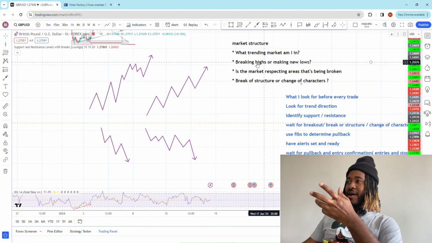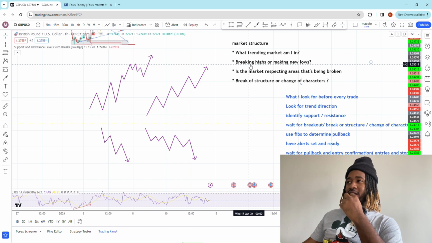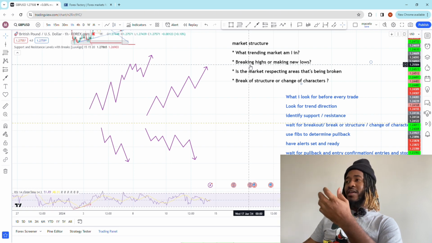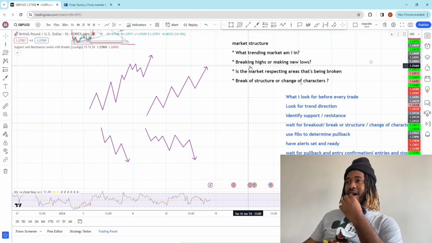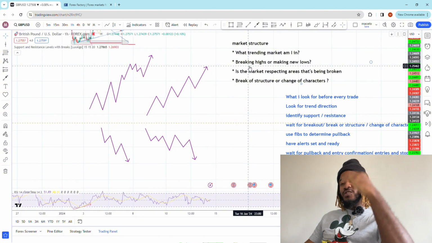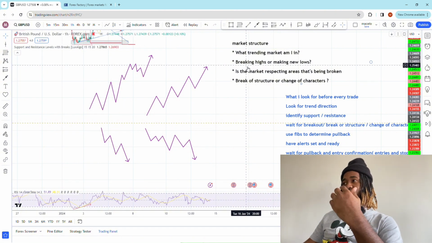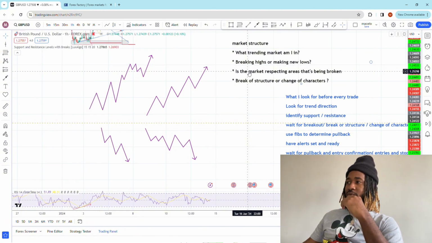So now I need to know, am I breaking highs or am I making new lows? What is the market doing at the moment? Am I making higher highs or lower lows? Am I breaking structures or not? Afterwards,